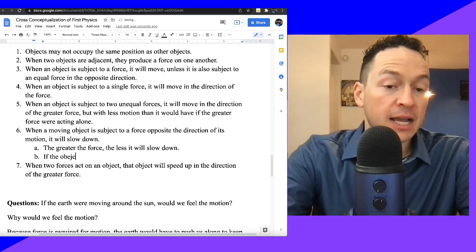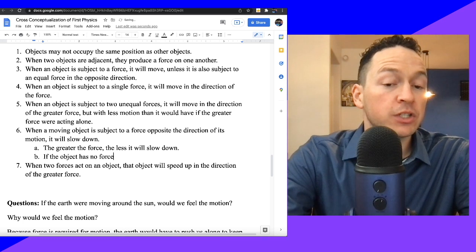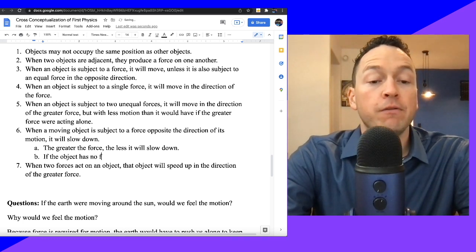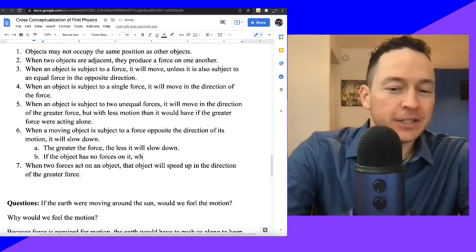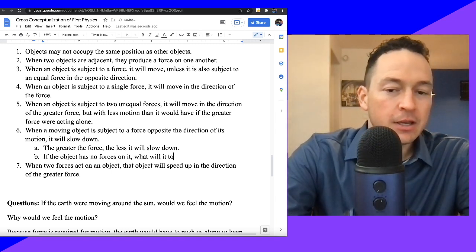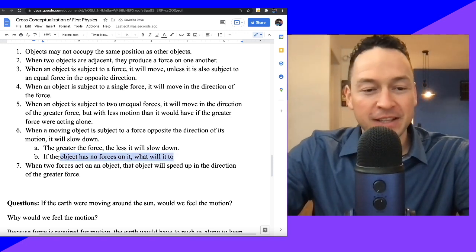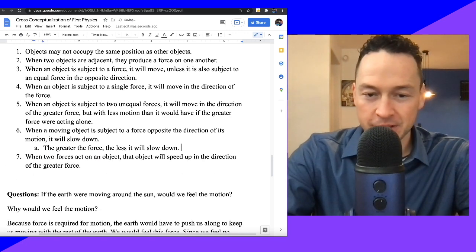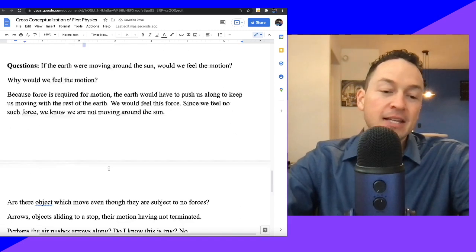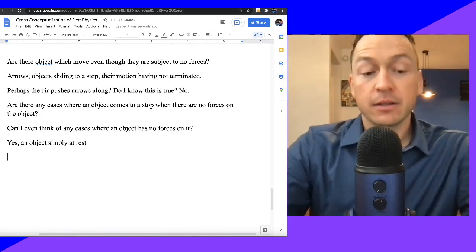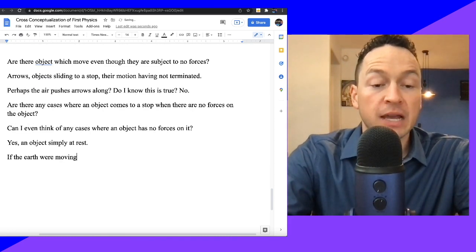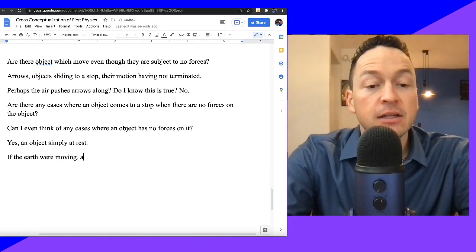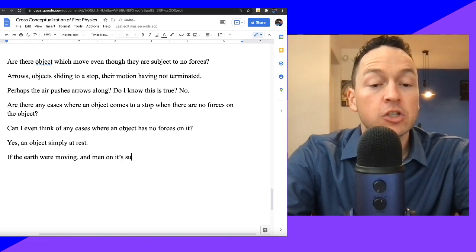If the object has no forces on it, what will it do? I mean, that's not the right way to motivate this question. Here's what Galileo could say. He'd say, okay, if the Earth were moving and men on its surface were also moving,